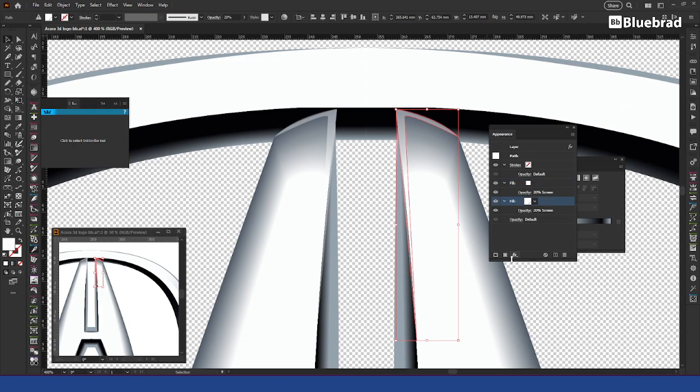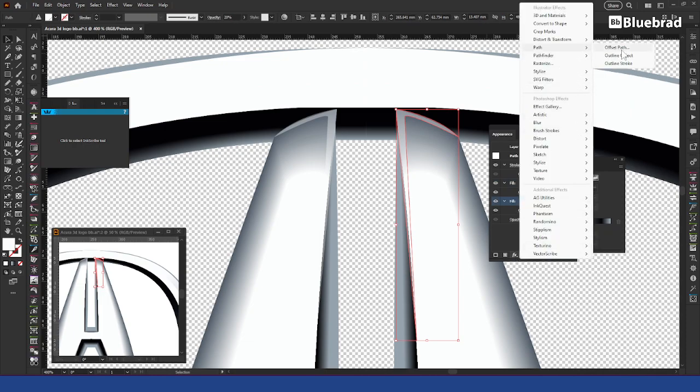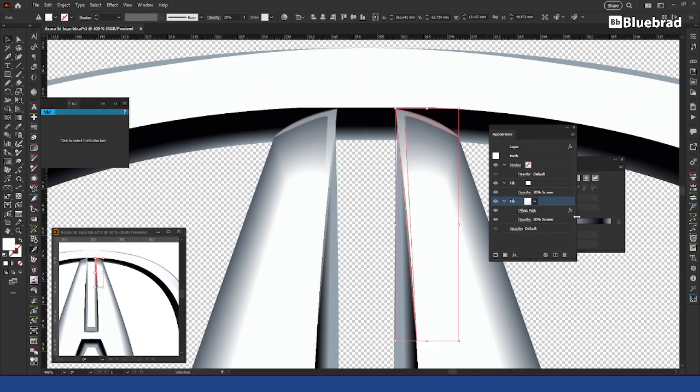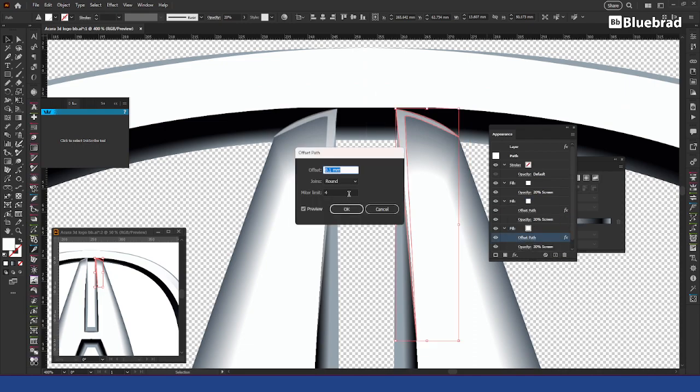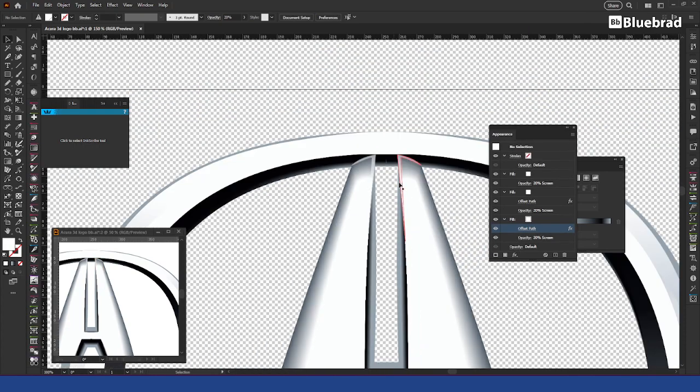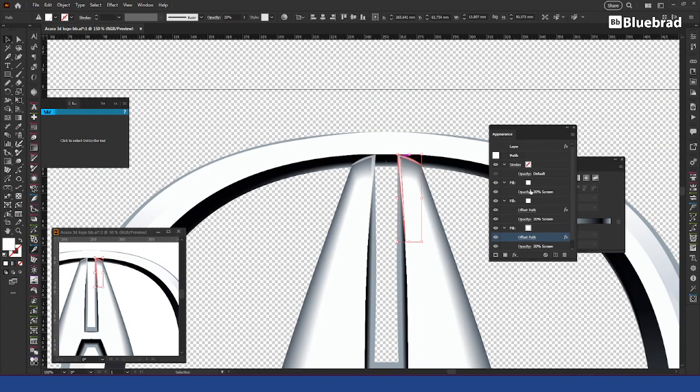and then with the duplicate selected, Path, Offset Path, we're going to do rounded, and 0.1 millimeter. Then I'm going to duplicate it again. This one's 0.2. And if you get where I'm going here, it's going to give a little bit of highlight without a blur effect. So remember how I had in my appearance palette, that appearance, if you come,